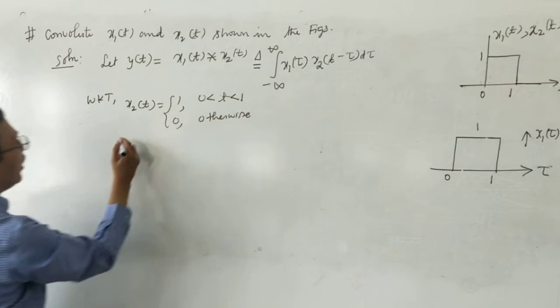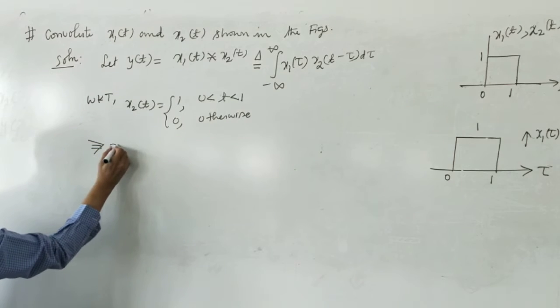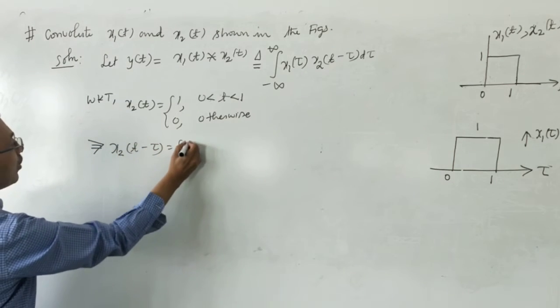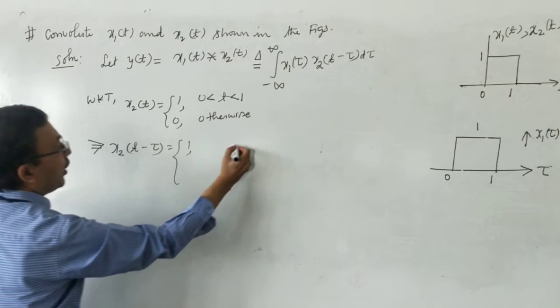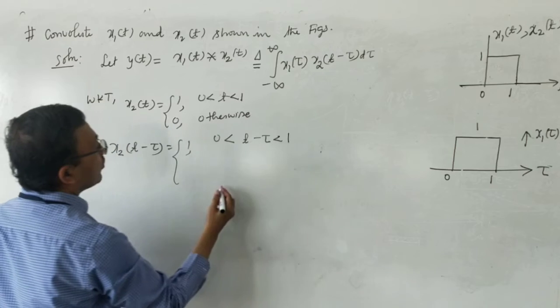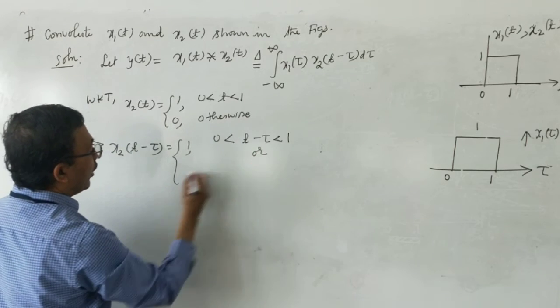Now I replace t by t minus tau. This implies x2 of t minus tau equals 1. Replace this t by t minus tau between 0 and 1. Now, this is the same as